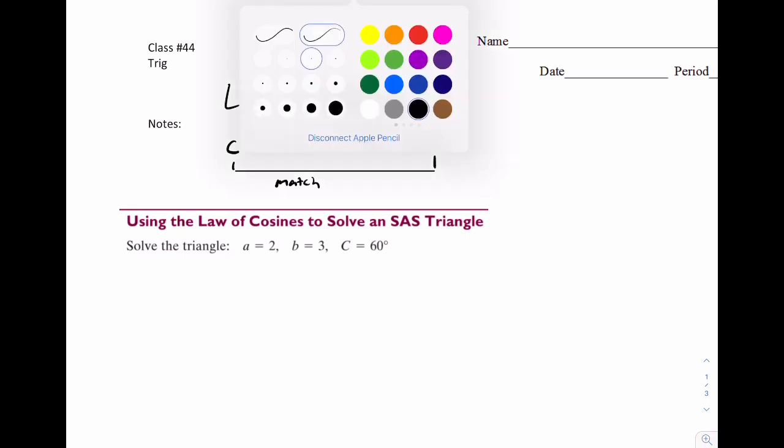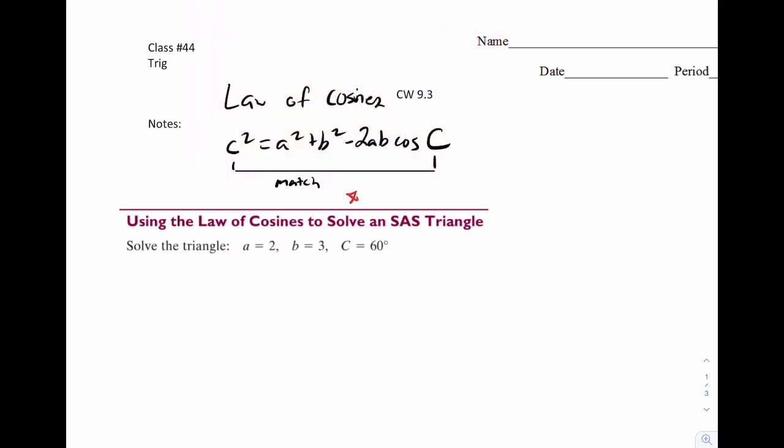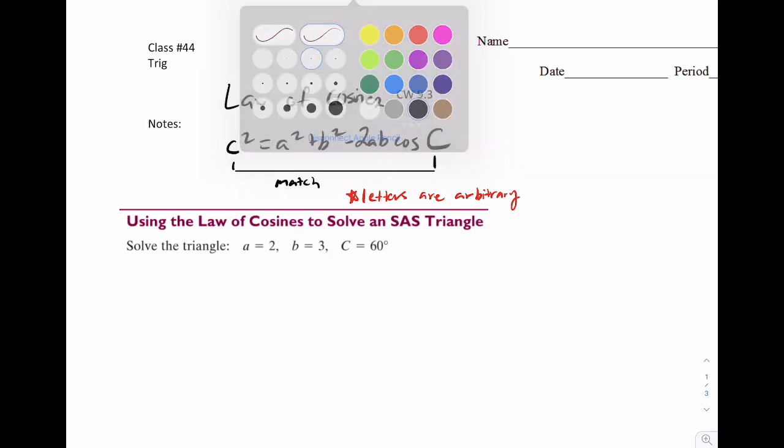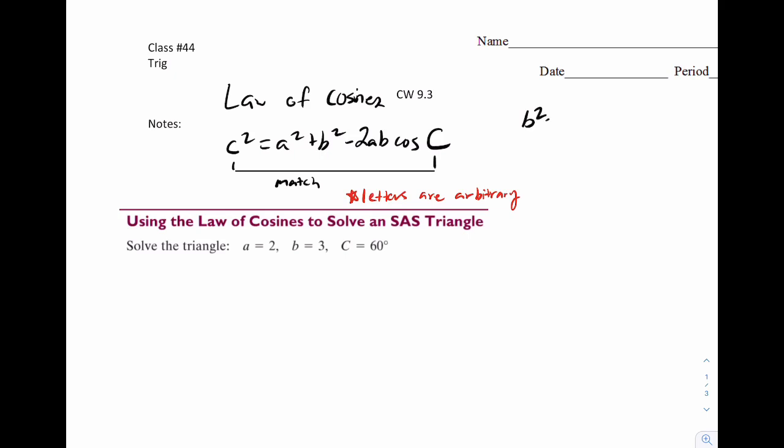Now the main thing to note for this formula, I will do this in red here. These letters are arbitrary. I like the word arbitrary because it basically means they're assigned arbitrarily. And as long as you fit the pattern, it really doesn't matter how you use them. So for example, I can actually rewrite this entire formula to say b squared